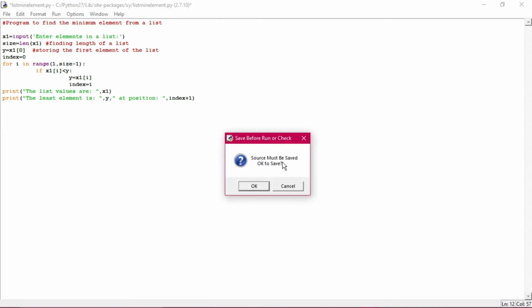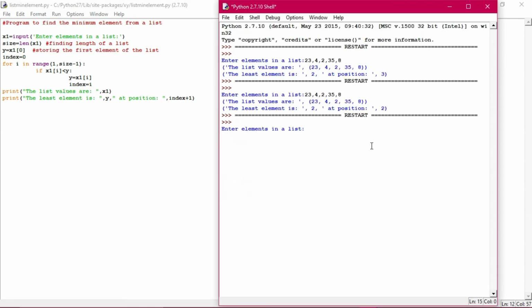So run the module. Okay, so give some other set of values: 54, 4, 67, 8, 90, 90, 3, 45, 6, 8. All right. So now 81 we're taking. Okay, now you see, the 3 is appearing at position 6, then 3 is at 6. Is that correct? So that's why the index plus 1 has been taken.